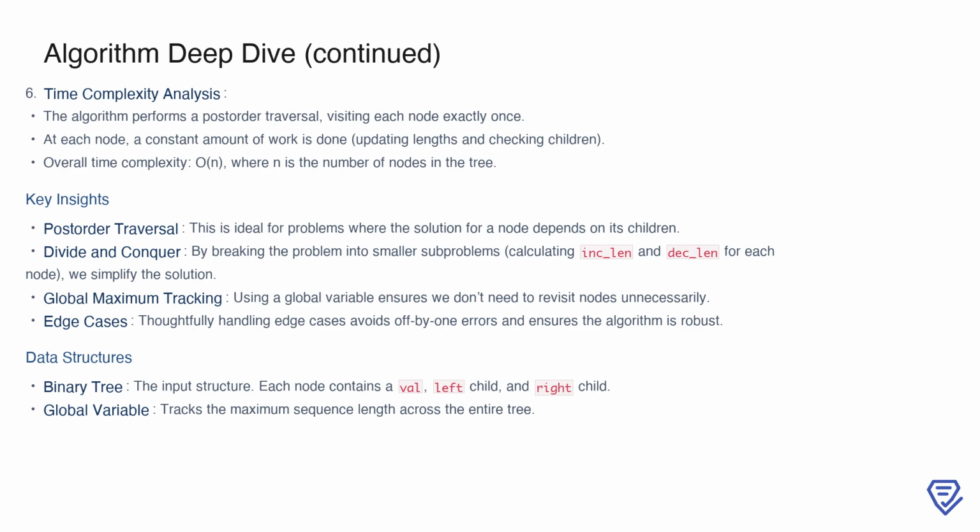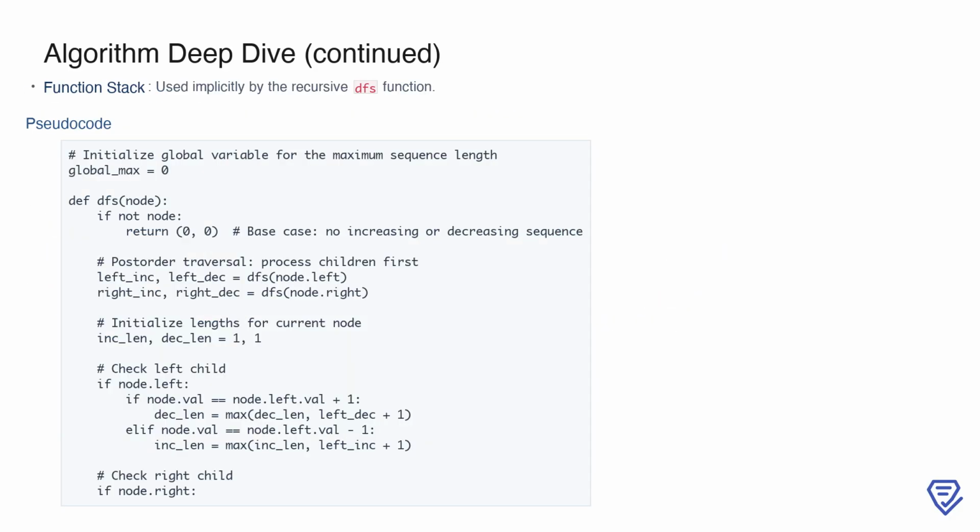The use of a global variable to track the maximum sequence length eliminates the need for revisiting nodes, further optimizing the algorithm. Additionally, carefully handling edge cases ensures the algorithm is robust. For instance, in a single node tree, the result is 1, and in trees with no consecutive sequences, each node is treated as its own sequence. The recursive DFS function is supported by a function stack, which is implicitly managed by the system